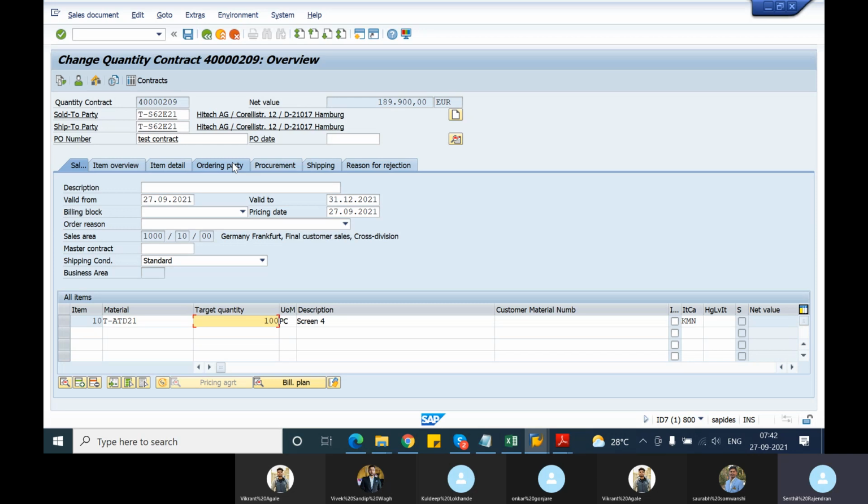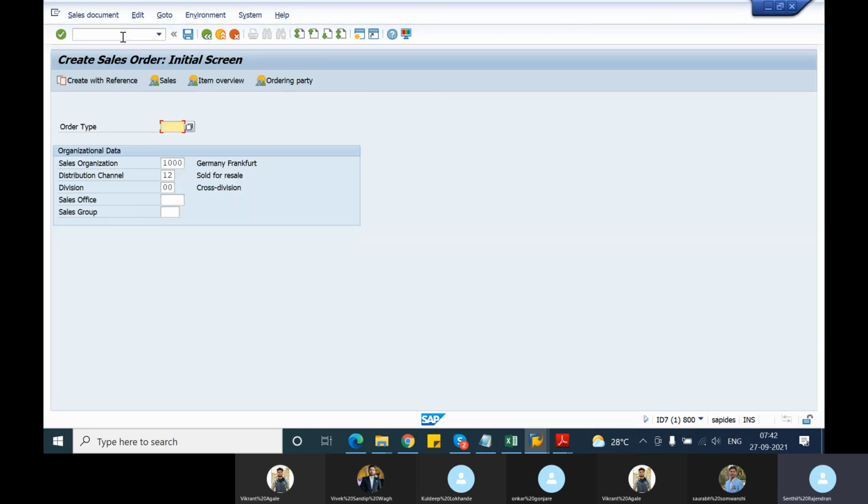So that is the reason why, if you remember, when we discussed the copying control, the possibility of creating a sales order from another sales order exists. So here the sales order, for example, is a contract. So you can create another order by referring to this contract, which is called the release order. Now let us try to refer to this contract and we will create a release order for some quantity. So now let us go to VA01 and put order type as OR